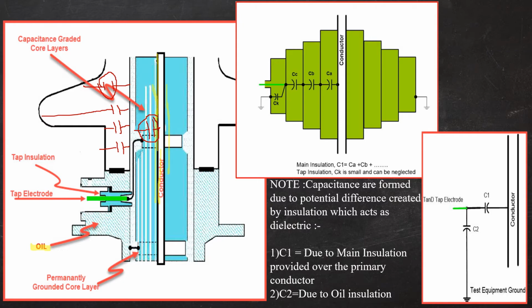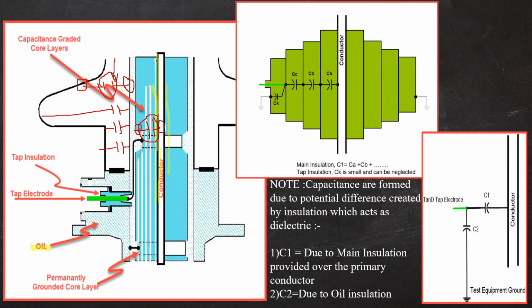You must understand that this capacitance is formed as oil acts as a dielectric, and the charge is present over here and the lower potential is over here. Because of this, capacitance is formed. In the same way, the conductor over here is at higher potential and the insulation provided over it will be at this end at lower potential. So the capacitance will be formed over here,